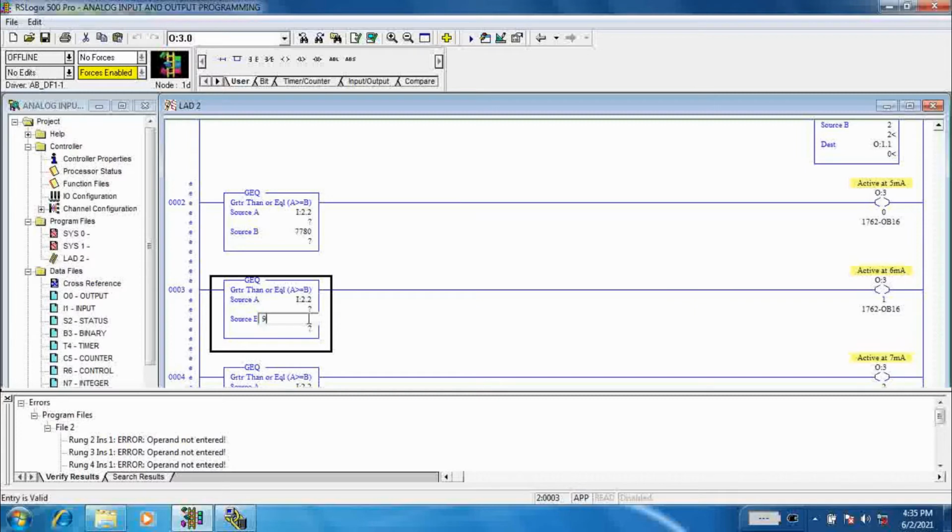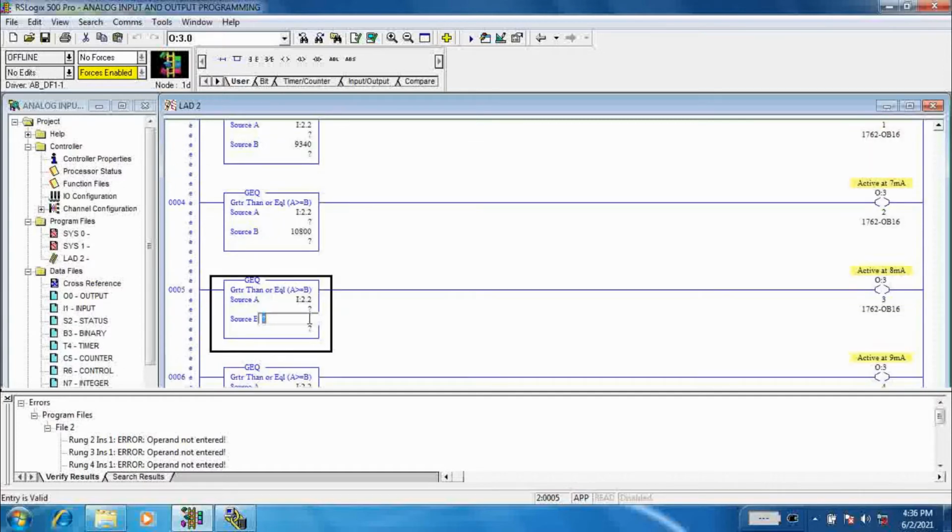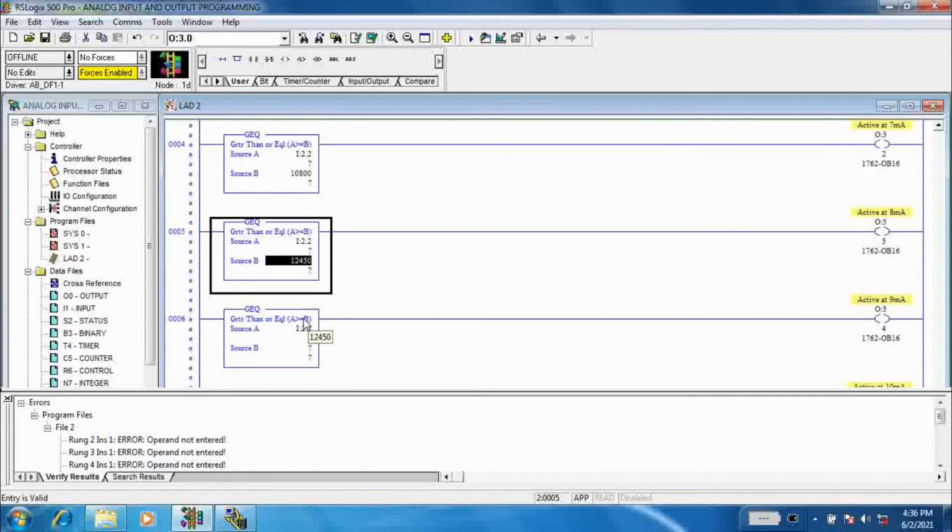Since I already measured the value of my signal generator 4 to 20 milliampere, whenever I give 5 milliampere, then the value is 7780. From the same calculation, I have checked all the remaining values, and now I am assigning the same values in the source B input.